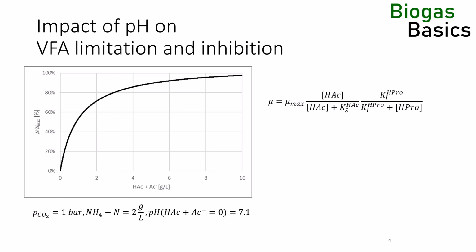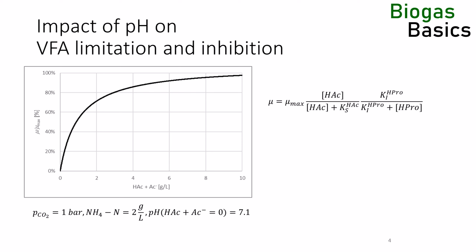The system is buffered by the presence of 2 grams per liter ammonia and ammonium and a dissolved CO2 concentration in equilibrium to a partial pressure of 1 bar CO2. The dissolved CO2 is in equilibrium to bicarbonate and carbonate. All dissociation equilibria are pH dependent. I will make a separate presentation about the ammonium carbonate buffer and how to calculate pH values. As the total acetic acid accumulates, the pH in the system will go down, and the dissociation equilibrium will shift slightly from the inert acetate to the bioavailable acetic acid form, leading to a slightly increased growth. This effect is on top of the Monod kinetic, where a higher acetic acid concentration leads to a higher growth rate.